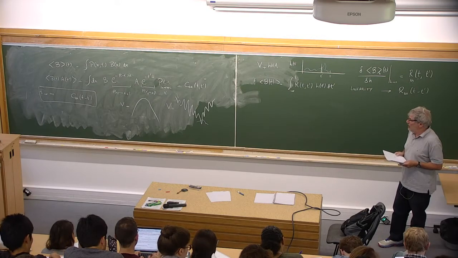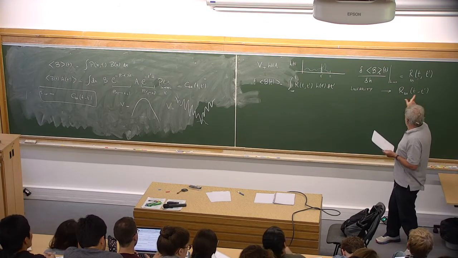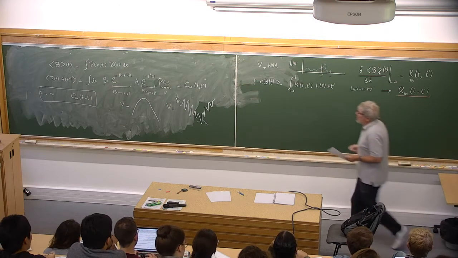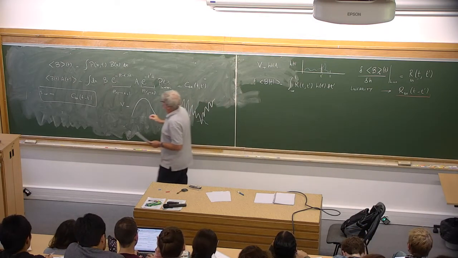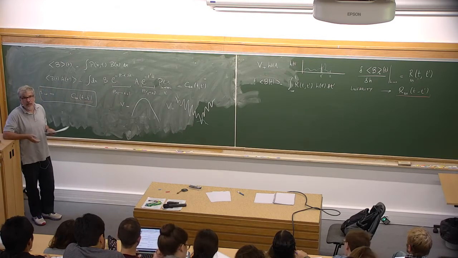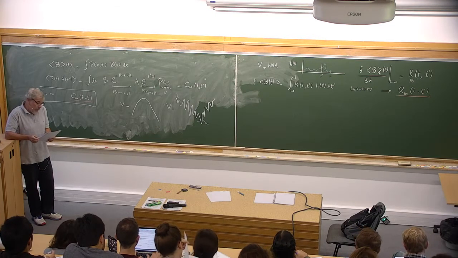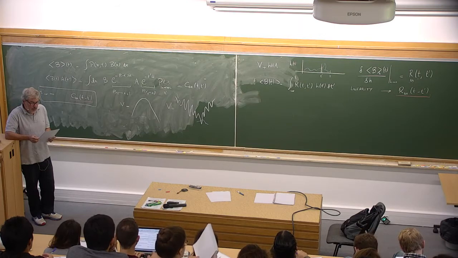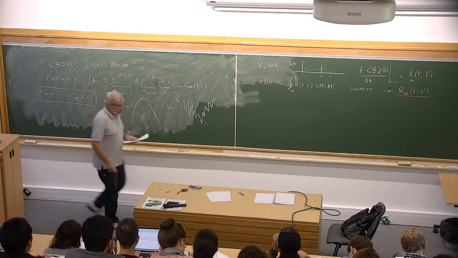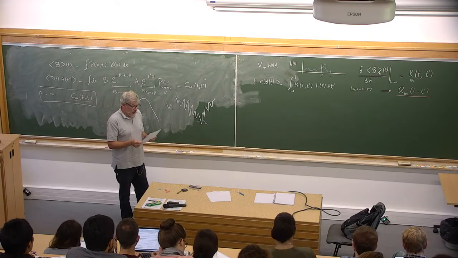Now, equilibrium also gives me, and now I'm going to prove it, a relation that tells me that the response and the correlation are not independent when I'm in equilibrium. These two things are related when I'm in equilibrium. It is something that helps you because then you have to calculate only one thing rather than two. But more importantly, what we are going to see is that this is basically